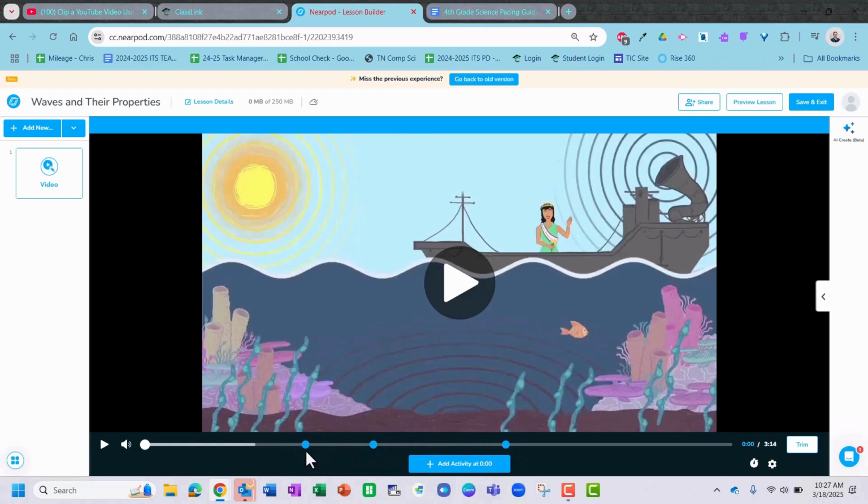That means there already are preloaded questions, and if I hover over them, I can see not only what the question is, but also what type of question. In other words, is it an open-ended question or is it multiple choice? You can have both within your interactive video. The main difference between how Nearpod handles them is that open-ended questions, like this one, edit,